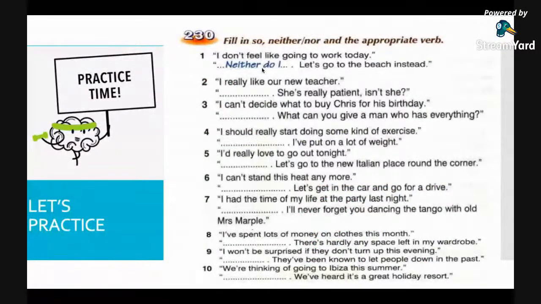So here are some sentences that you need to complete with only so, neither, or nor. So they have the same meaning here, and the appropriate verb. So the verb is not given to you, but you need to write it yourself. So it is the exercise with the